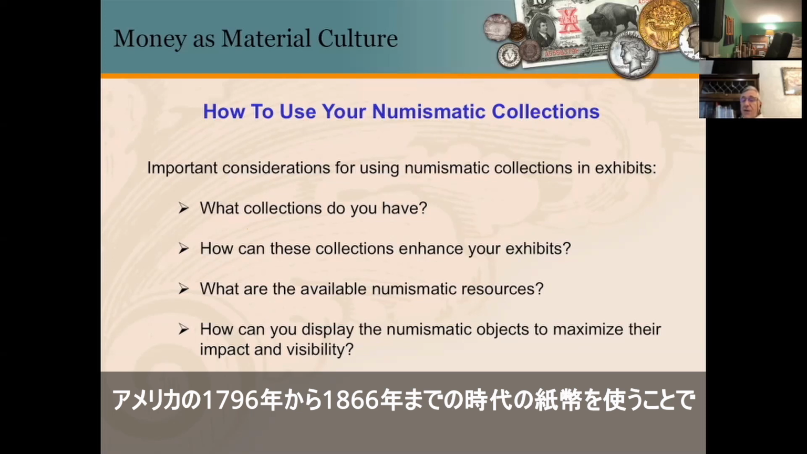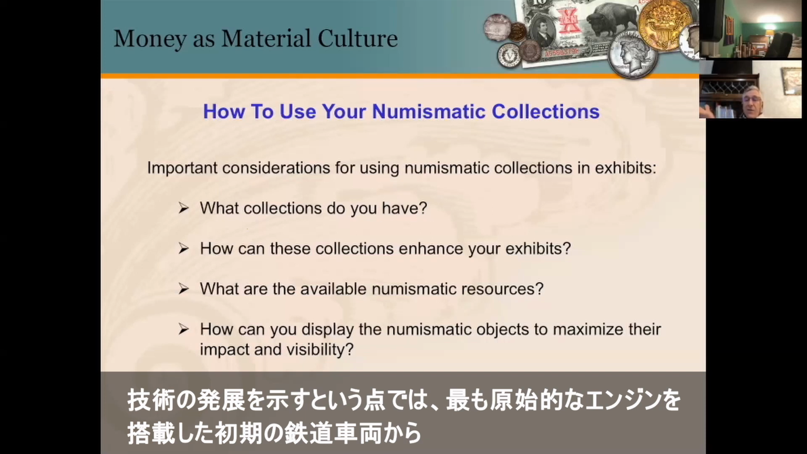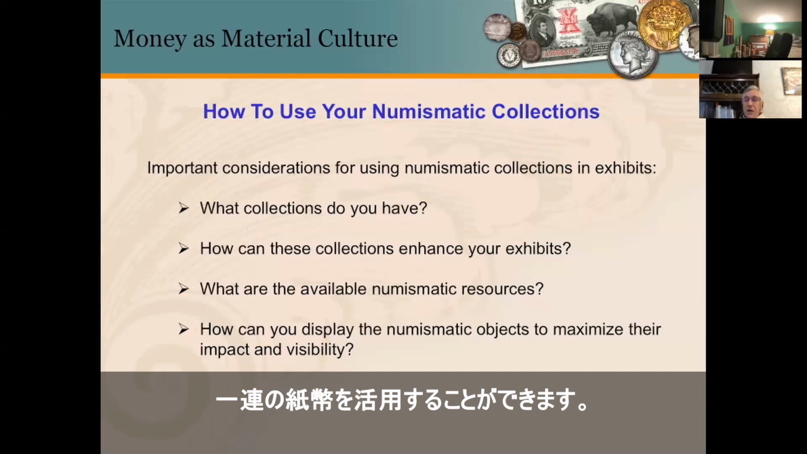Obsolete notes from the period from 1796 to 1866 in the United States feature a whole series of images of railroads and the various engines that pulled them. It's excellent from the standpoint of showing the development of technology. You could have a series of notes which show the earliest railroad trains with the very most primitive engines on them, to the later ones from the 1850s, which are much more advanced steam engines that are much more powerful,